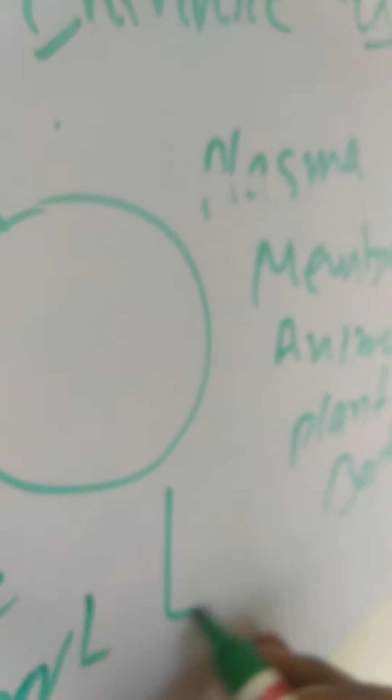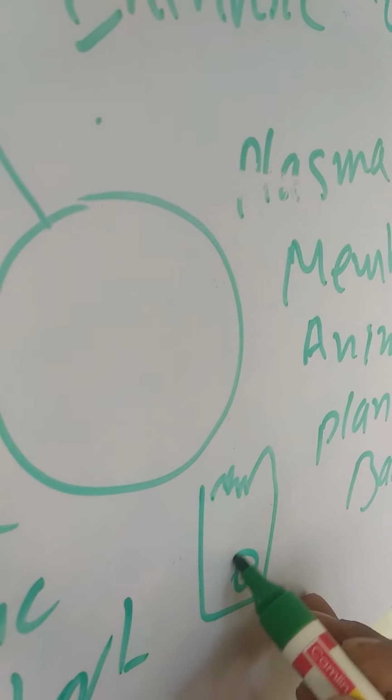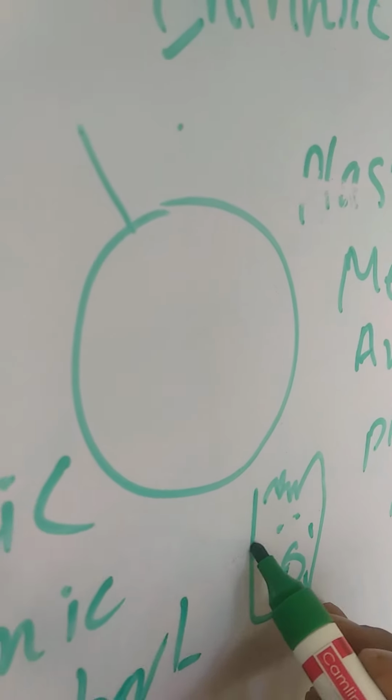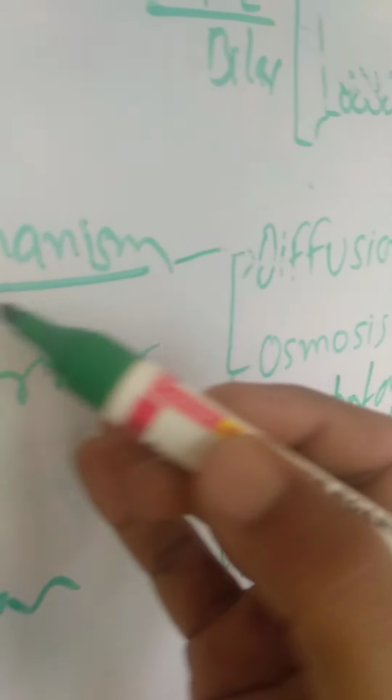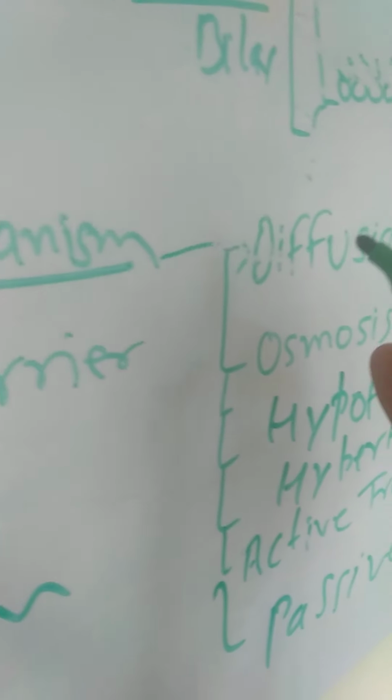Very interesting video, guys. Suppose here, this is the diagram of a bacteria. So this outer layer. Suppose this is the diagram I am preparing for the animal cell. So this outer layer is the plasma membrane. One more thing I have drawn for you, that is the mechanism of the plasma membrane.